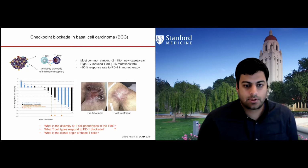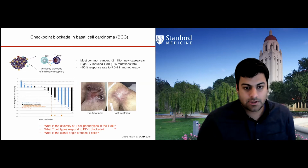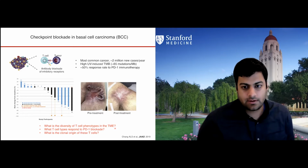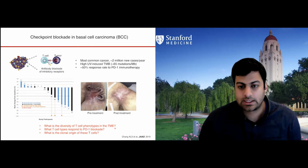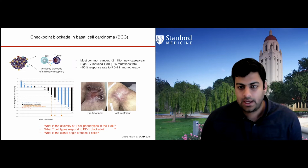and showed that we could really get a really good response rate. About half of patients derived some clinical benefit. Some of those patients went on to have durable responses for many years now. The benefit of studying patients with BCC is that the tumors are quite large and superficial, on the skin. And so you can get samples from these patients both pre and post therapy, and that really allows you